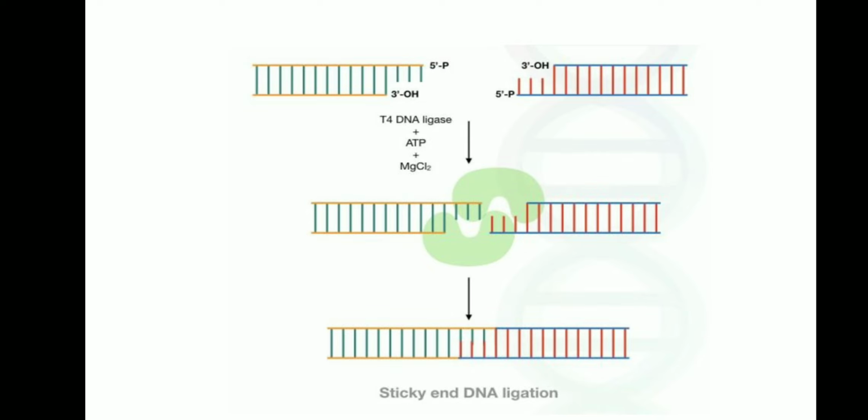So what is the function of DNA ligase? By the help of DNA ligase, the two sticky ends are joined, sealed, or bound together. DNA ligase forms a phosphodiester bond between adjacent nucleotides. It is able to link two fragments of DNA by covalent bond. By this covalent bond joining, DNA ligase is capable of binding or joining these two ends.